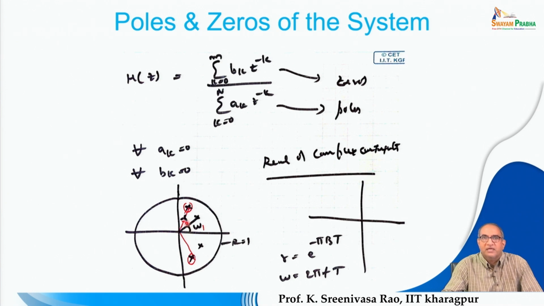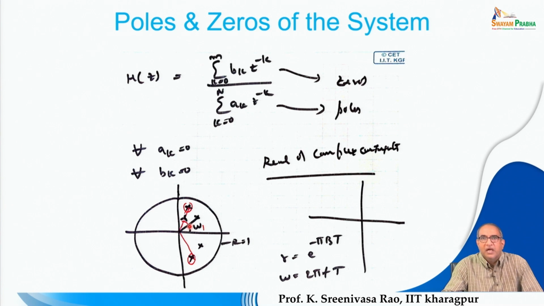The omega indicates its angular frequency. It indicates what is the frequency of resonance. What is the resonant frequency that is offered by the root? Here there are complex conjugate pairs, and here omega 1 is the angular frequency that is offered. So omega 1 is nothing but 2 pi f, where T is the period and f is the frequency of oscillation or the resonant frequency. So that way the angular position, this angle omega, indicates what is the frequency